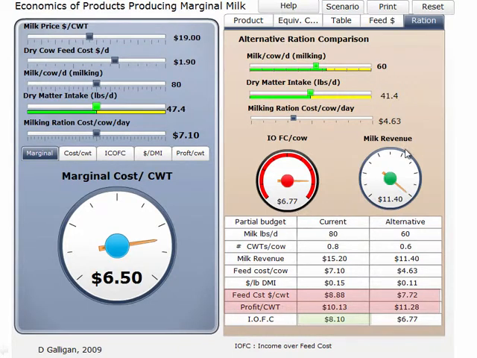The table below calculates some common metrics that are used in the industry. So we have the purported milk responses for the two different systems, 80 pounds over here, 60 pounds over here, the milk revenue, the feed cost, the cost per pound of dry matter, the feed cost per hundredweight, and the profit per hundredweight. And when you look at some of these metrics here, the cost per pound of dry matter, 11 cents, feed cost per hundredweight, 7.72, profit per hundredweight, 11.25,